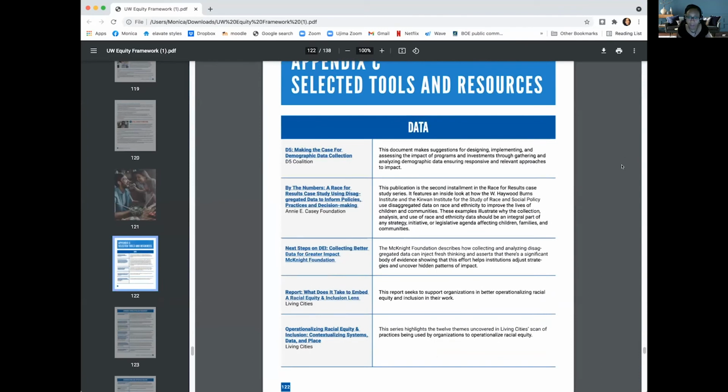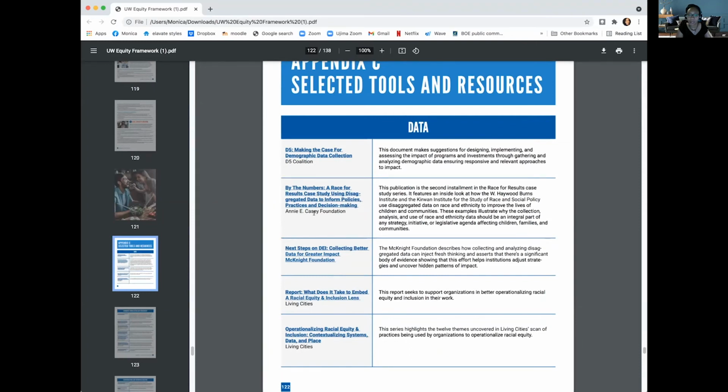So for example, if you've chosen the data committee, within your assignment, you may decide to list, okay, By the Numbers, which is the second resource, By the Numbers, a Race for Results case study using disaggregated data to inform policies, practices, and decision-making.